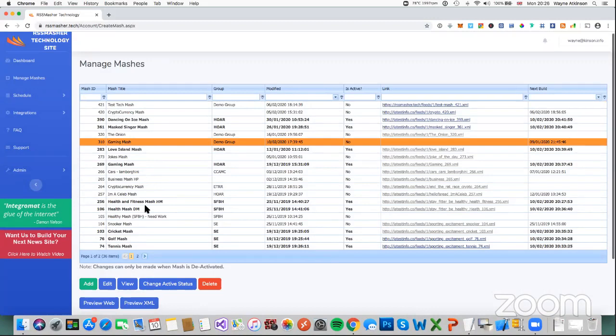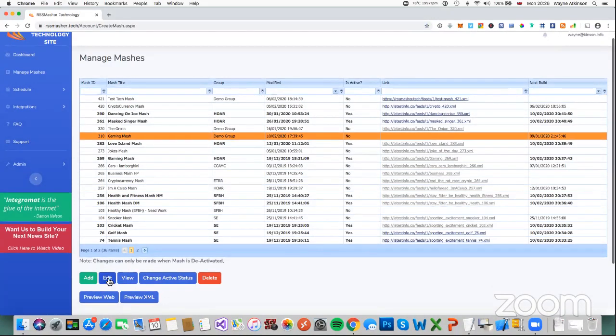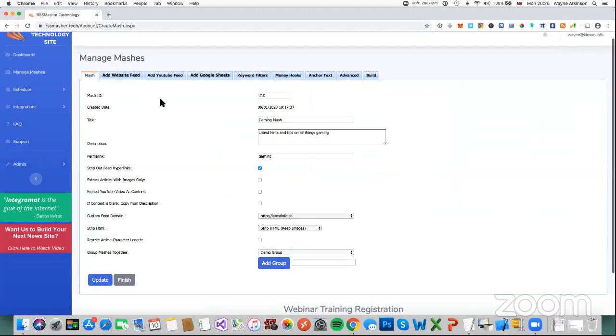I'm going to highlight this one called Gaming Mash, and I'll click Edit. So what this mash is about is I'm going to take a gaming feed, the likes of Xbox, PlayStation, etc., and we're going to go through the motions, whittle out what we want, and build our mash. So the first screen is information,